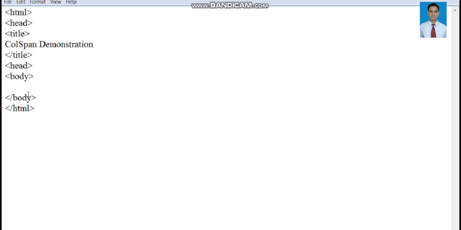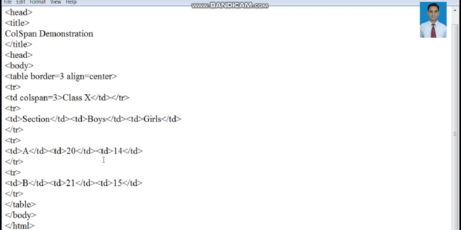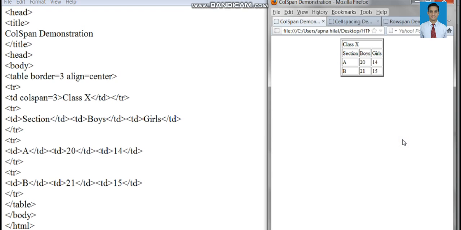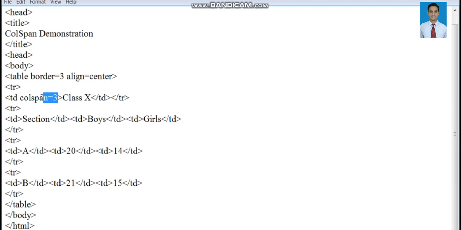We will open a notepad again, the title is colspan demonstration, and we will start writing the code for the same. This is the code for colspan demonstration, and when we run this code we will see the effect of this on a web page. This is the output of this colspan code. The use of colspan equal to 3 attribute with a